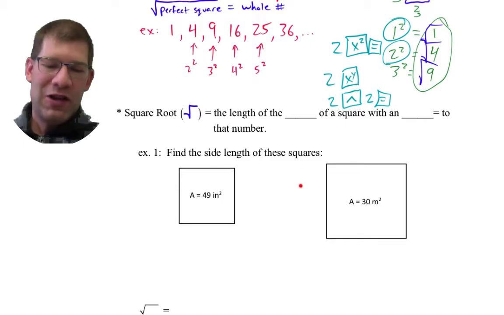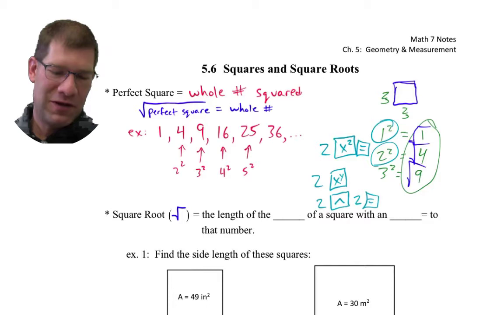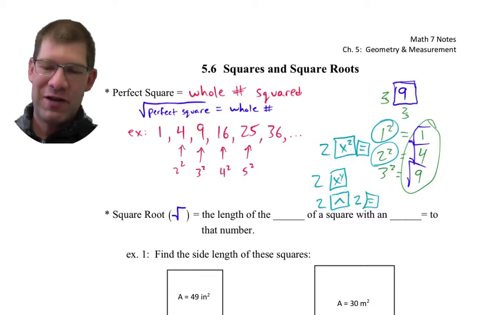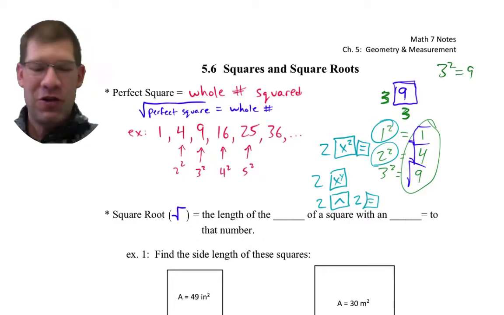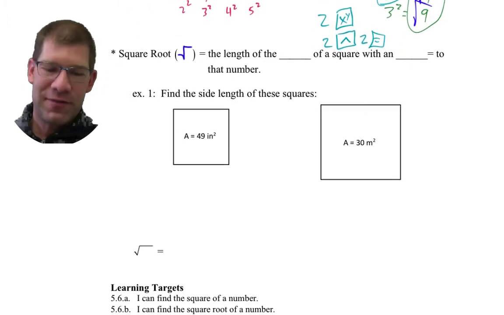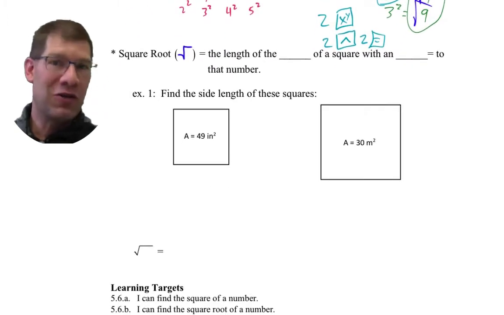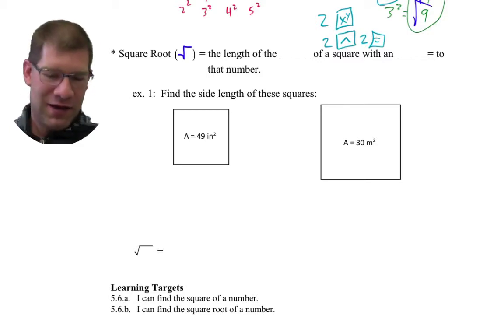And we had looked at earlier that if I have a square with side lengths of 3 like this, the area is going to be 9, because 3 squared gives me 9. Well, if we want to do that backwards, if you know the area of a square and you want to figure out the length of the sides, you could use that square root key to undo, the inverse of, doing the square. So I could say the length of the side of a square